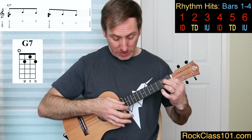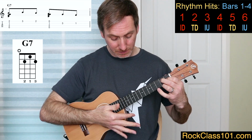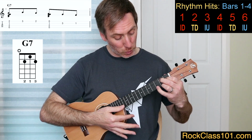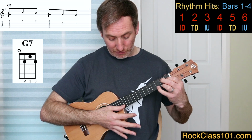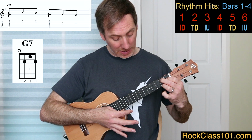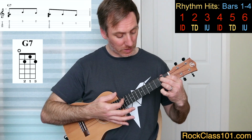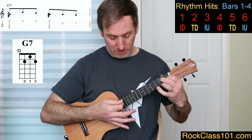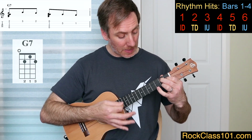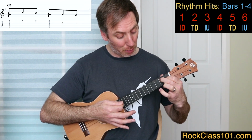we want to play that again. So the first part of this bar was an index down strum of the G7. We added the pinky to play the 3rd fret with the thumb down, and then we take the pinky back off and play that 2nd fret 1st string with the index up. Okay, just like that. And then we're going to take that 2nd finger off to leave the 1st string open, leaving